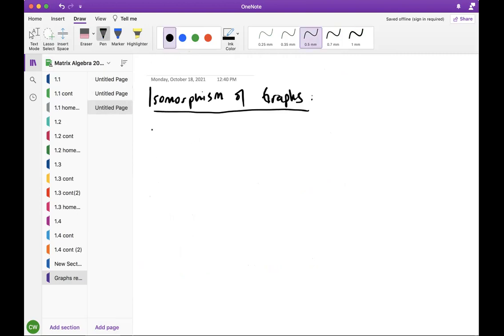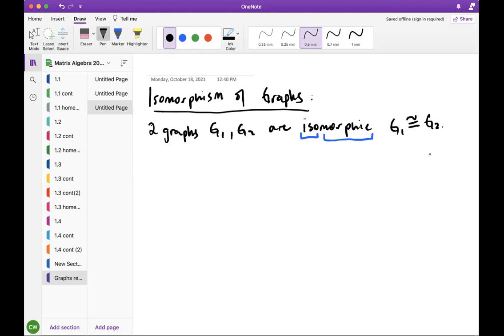Two graphs are isomorphic, and you can probably guess the definition based on the name. Iso means same, and morphic is like a transformation. Sometimes we say G1 is isomorphic to G2, written with a squiggle equals sign, if